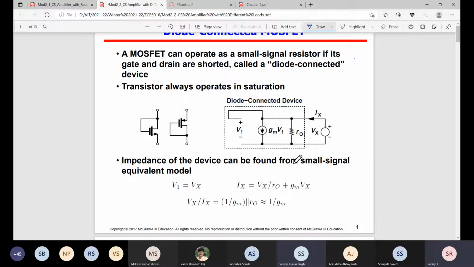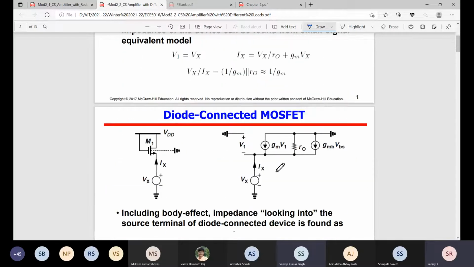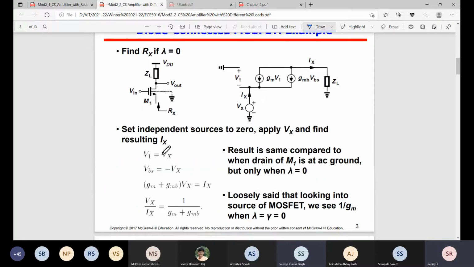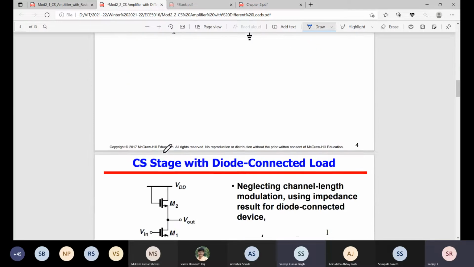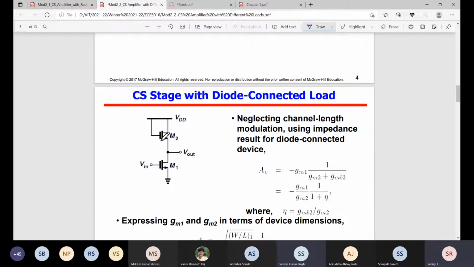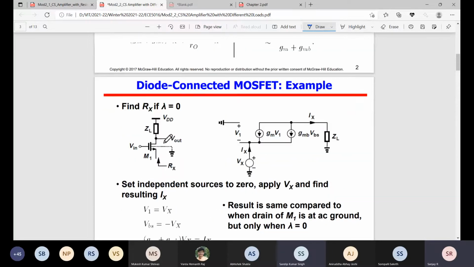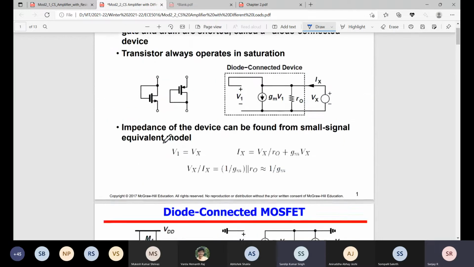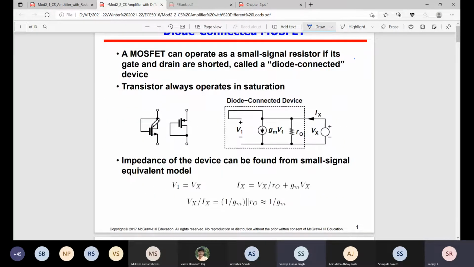Okay, so the common source amplifier with diode connected MOSFET. Diode connected means gate and drain are connected. It is called diode connected. I will tell you later why it is called diode connected. So before that, let's derive the small signal resistance of the gate and drain